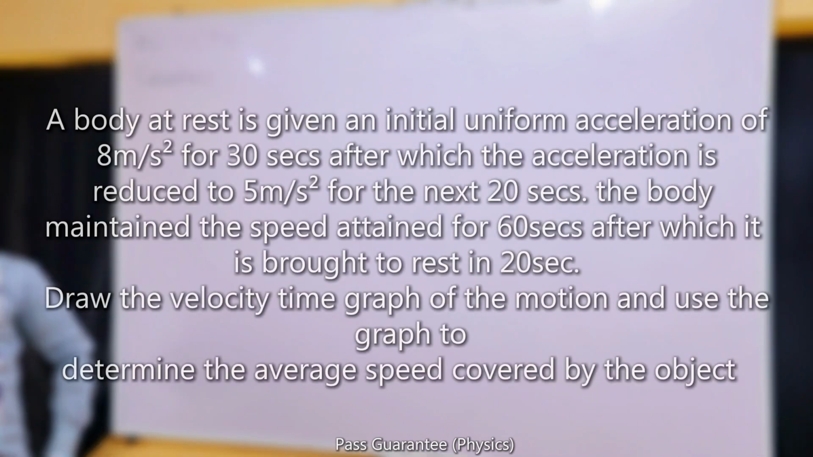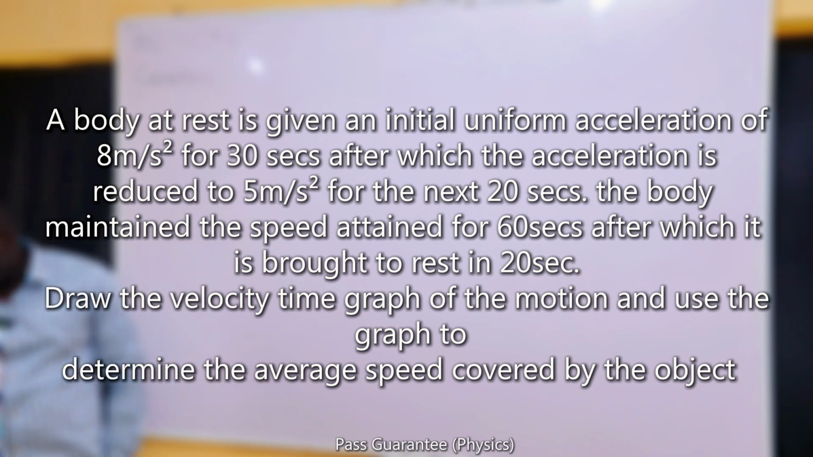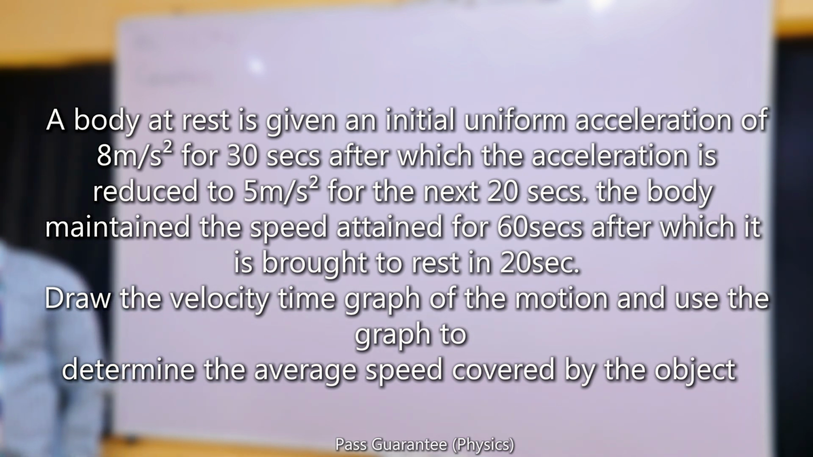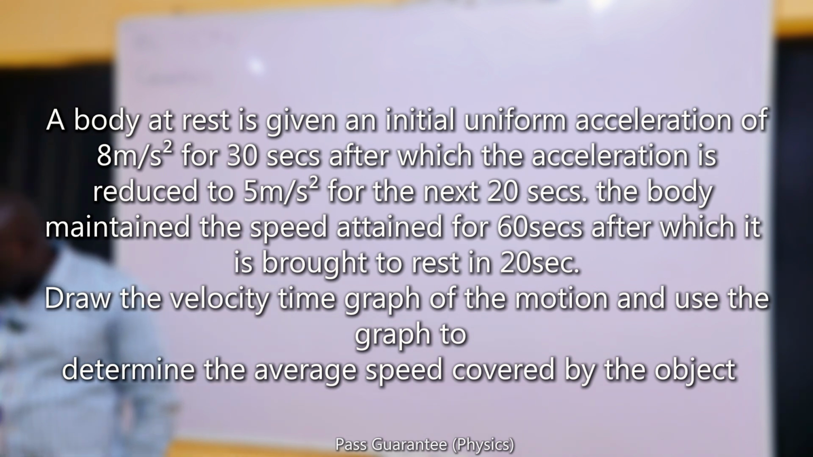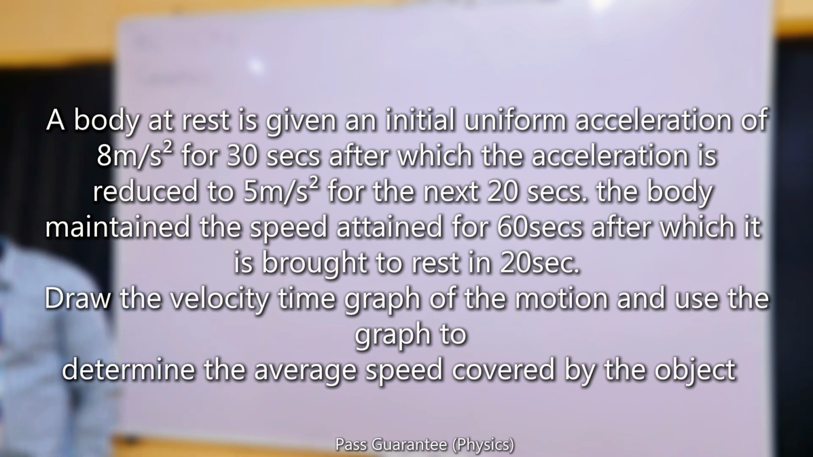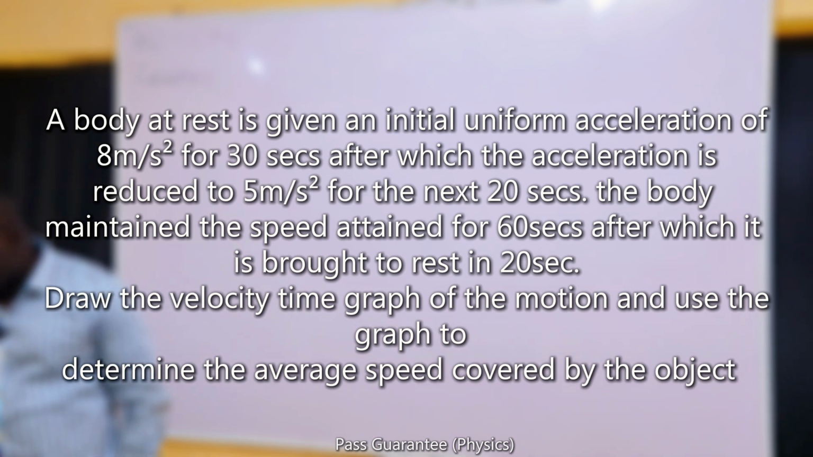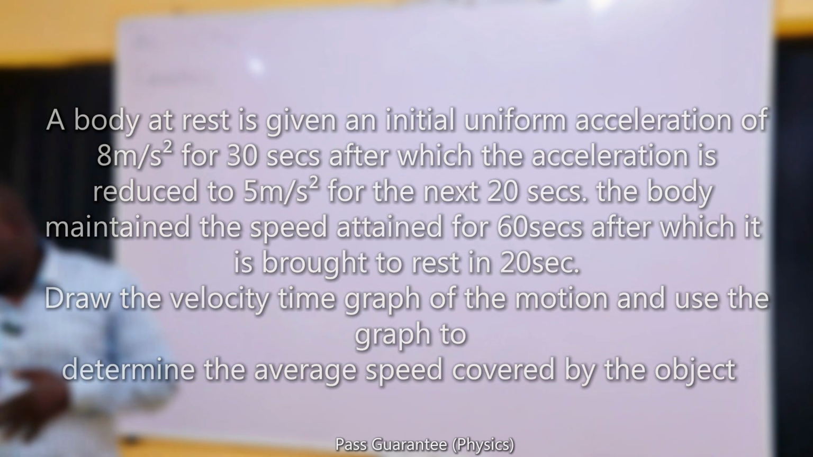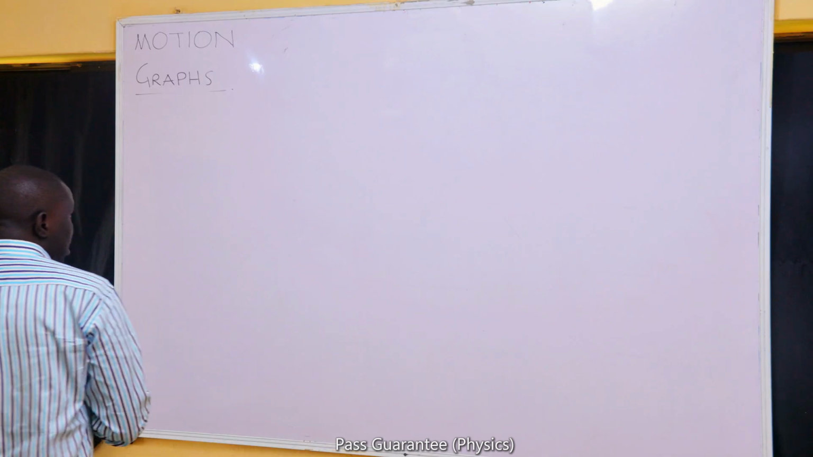We are told that a body at rest is given an initial uniform acceleration of 8 meters per second squared for 30 seconds, after which the acceleration is reduced to 5 meters per second squared for the next 20 seconds. The body maintains the speed attained for 60 seconds, after which it is brought to rest in 20 seconds. Draw the velocity time graph of the motion and use the graph to determine the average speed covered by the object. So to draw the velocity time graph,